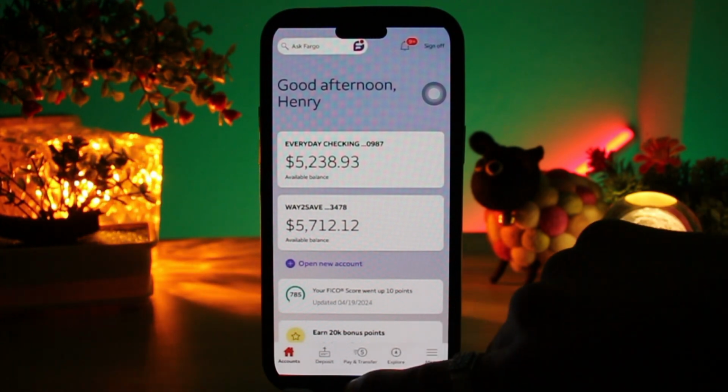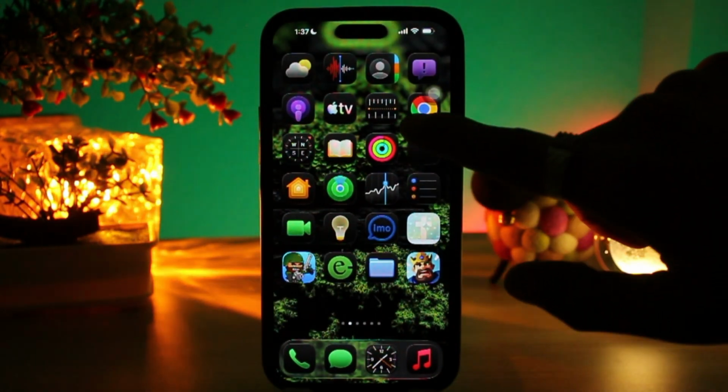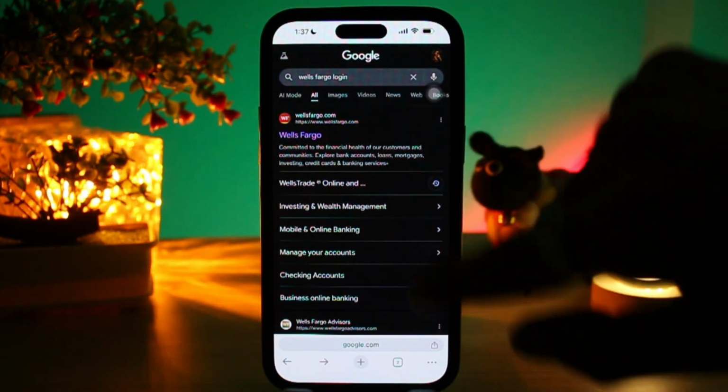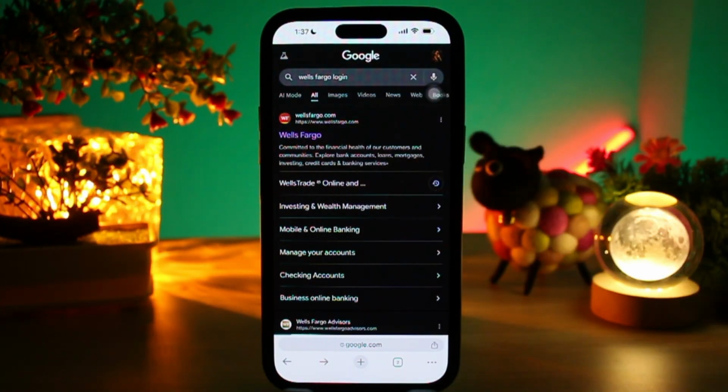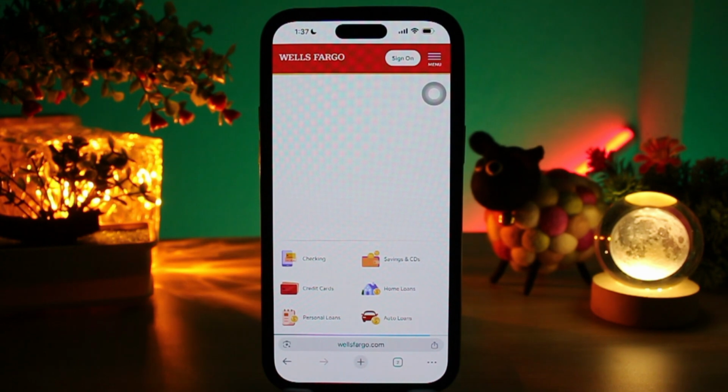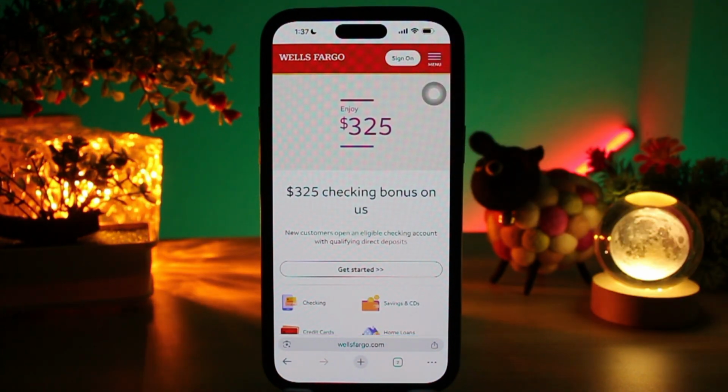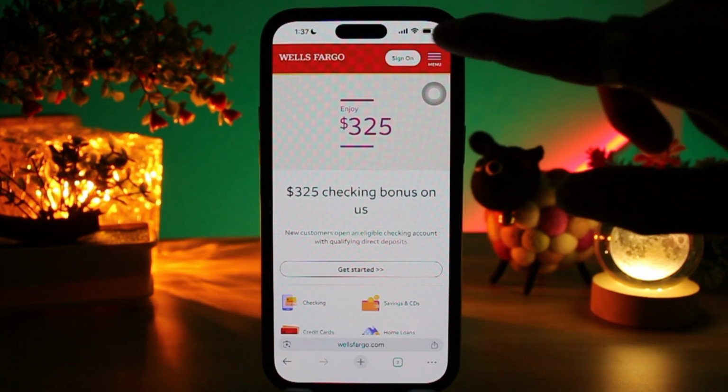The next option is simply heading over and opening up your browser. Then on the search bar type in Wells Fargo login, then simply tap on the first thing that is shown to you. Then inside here tap on the sign in option on the top and sign in using your username and password. Then once you're inside here, what you need to do is tap on the menu icon on the